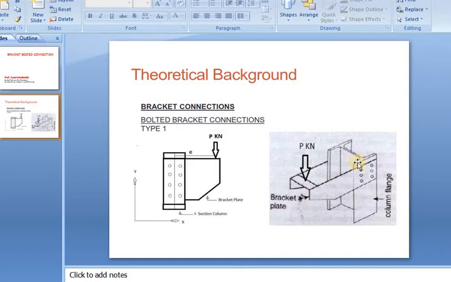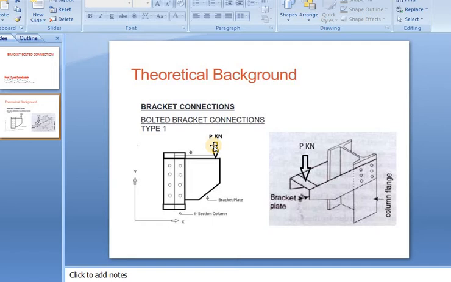The I section is connected with the two brackets, and the load taken by these two brackets will be distributed by this I section from front and back, after passing a center line. Here we can have the front view of this bracket connection. The bolts are in front, and there is a load. This is the bracket plate. This rectangular part is the I section, and this cut portion is the bracket portion.